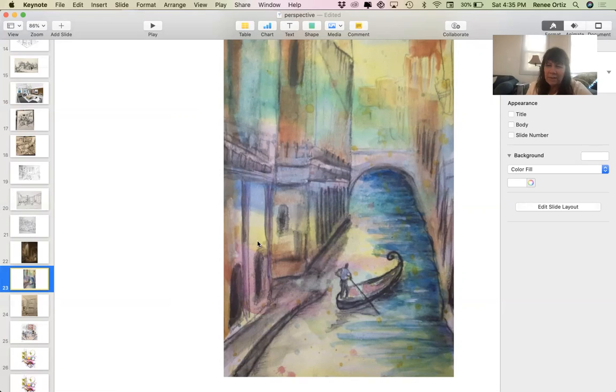This is one where I just threw a bunch of watercolor down and then drew something. So it's kind of a fun little exercise to do. The color doesn't make sense at all, but it was a fun, playful activity anyway. But again, you've got this one point perspective on this, and another, I guess,